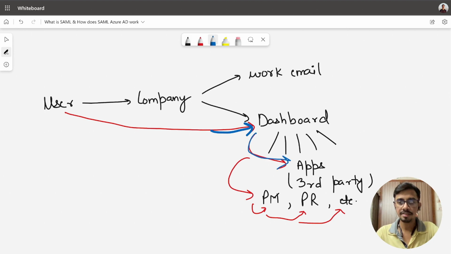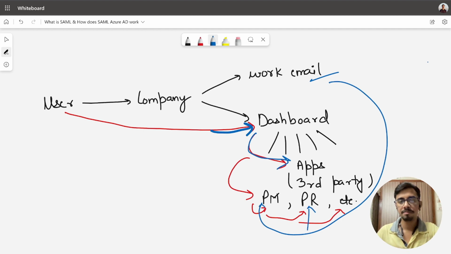The user actually is redirected to a company login page where he will have to log in himself using his work email and a password that has been set by the company's IT team. And what he sees is that after the login is successful, he is automatically signed in into all these apps without any third party related authentication.